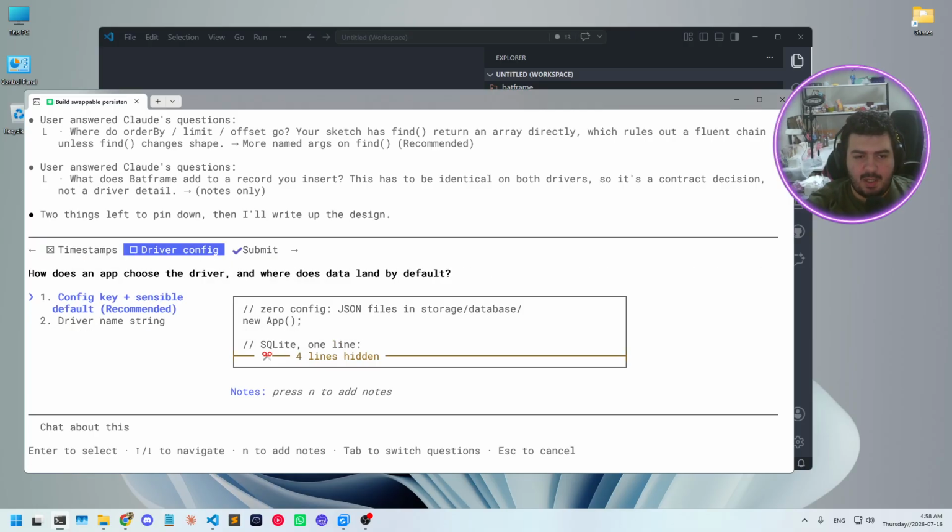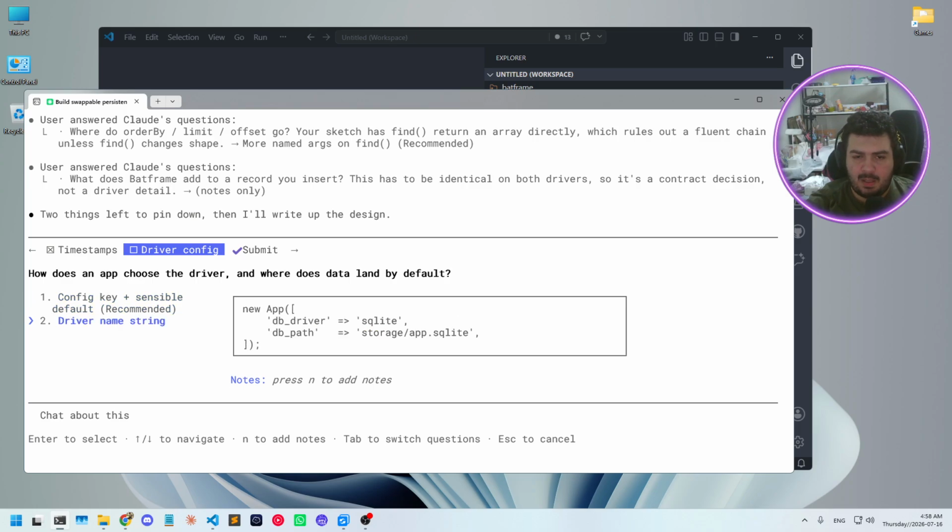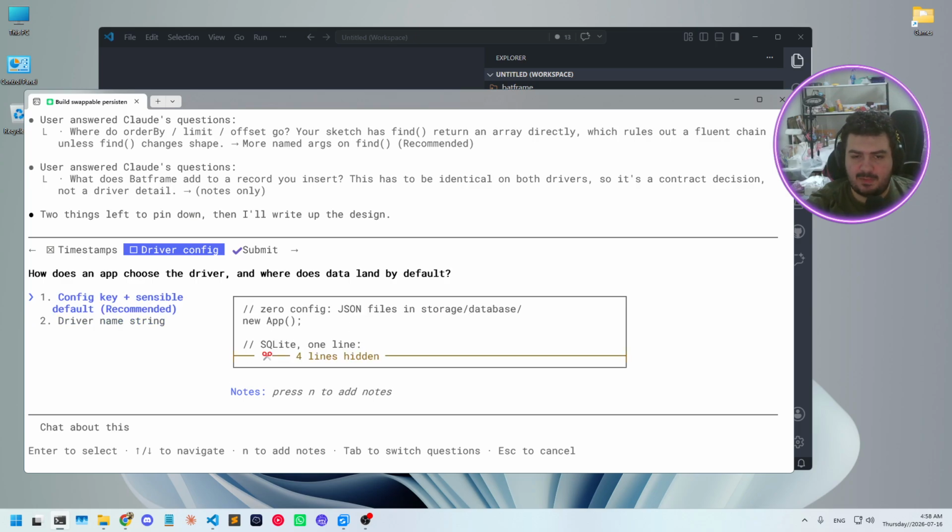All of them are. Config key plus sensible default. How does an app choose the driver? Driver name string, and then